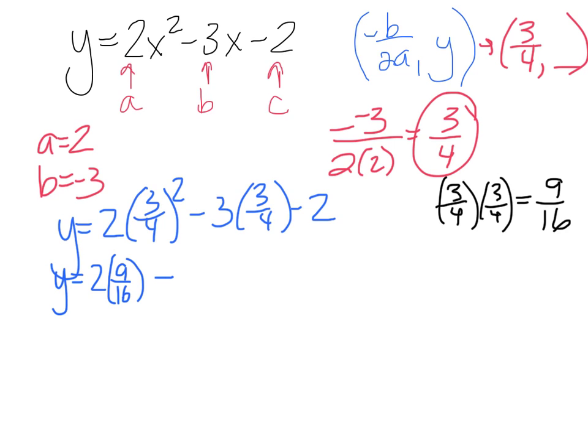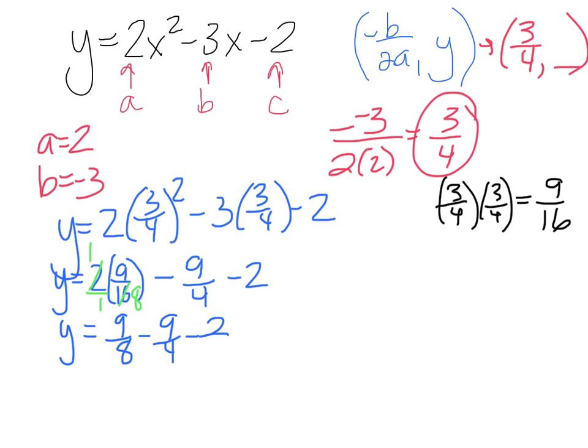Then we're going to do minus. Here, negative 3 times 3 is going to be negative 9 over 4, minus 2. One thing I can do to simplify right here, I could just put this 2 over 1, and to simplify this fraction, I could cross: 2 divided by 2 is 1, 16 divided by 2 is 8. So that'll leave me with y equals 9 over 8 minus 9 over 4 minus 2. Now I do want you to keep this as a fraction, so let's just put this over 1 also. When we do this, we want to get a common